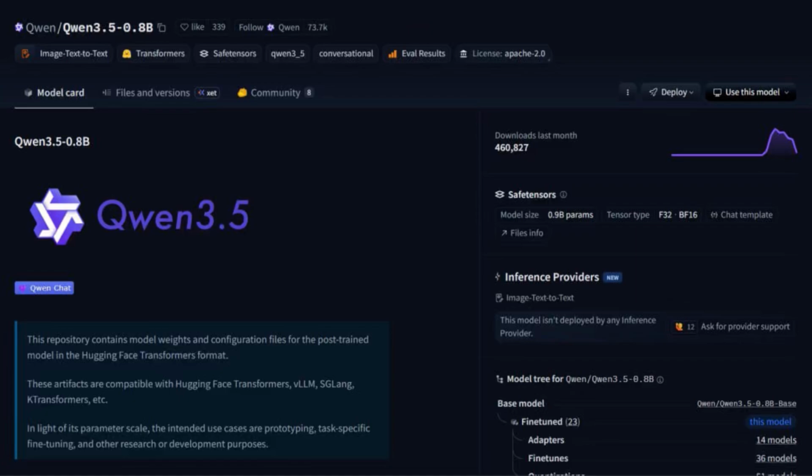So, with that, Qwen 3.5 actually proves in the open source AI community that real AI performance doesn't require heavyweight models or expensive GPU hardware. Sometimes innovation isn't about going bigger, but it's about going smarter.